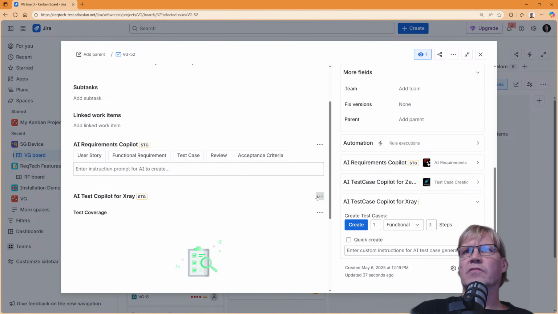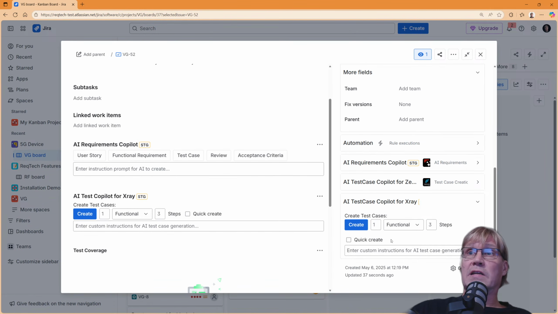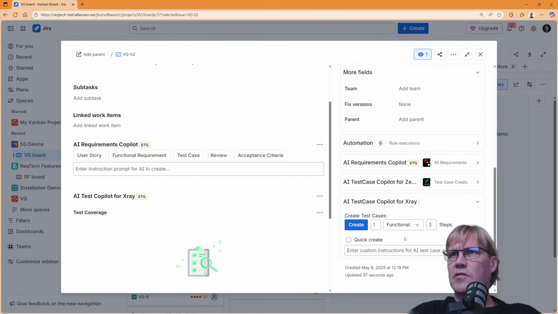So if I have the Xray app here, then the very same functionality is here. It doesn't matter which one you use. Let's keep on using this one, then you see also how it works here. So, and then again, kind of a similar way of doing, but way different results. So now we take